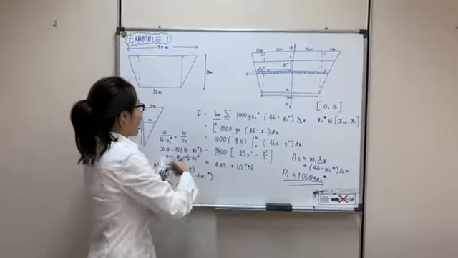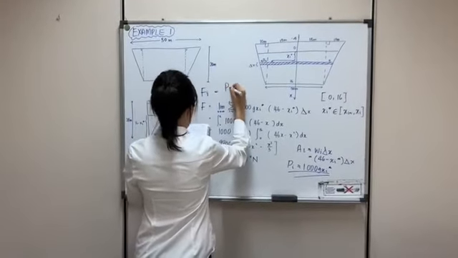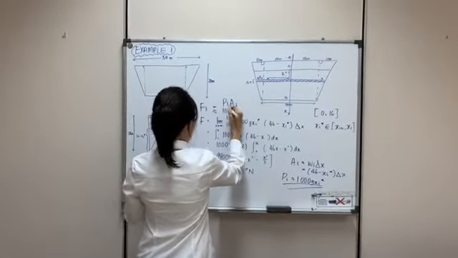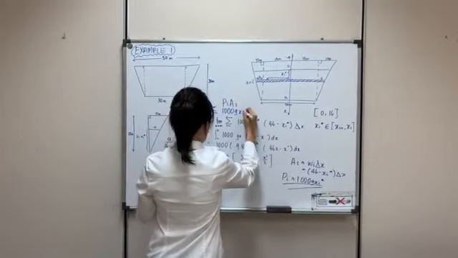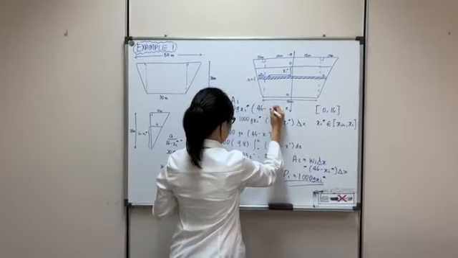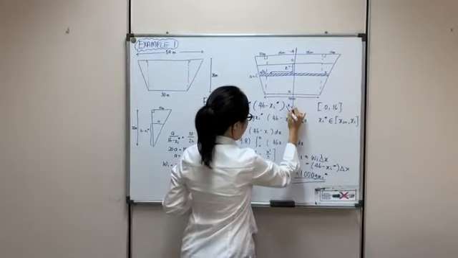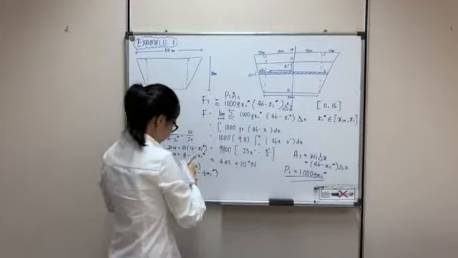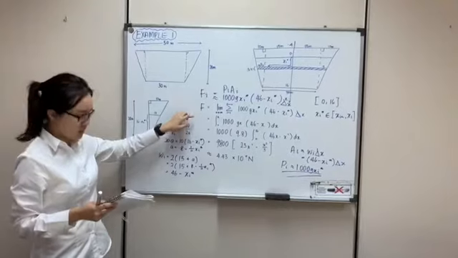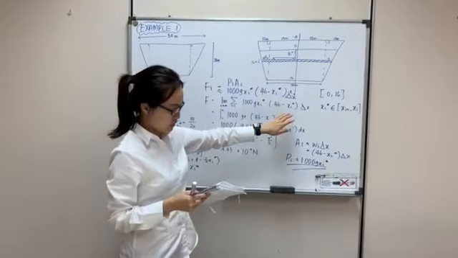So we got the formula of F, which is equal to P_i times A_i, so 1000 g x_i times (46 minus x_i) times delta x. Adding these forces and taking the limit as n goes to infinity, the total hydrostatic force on the dam is